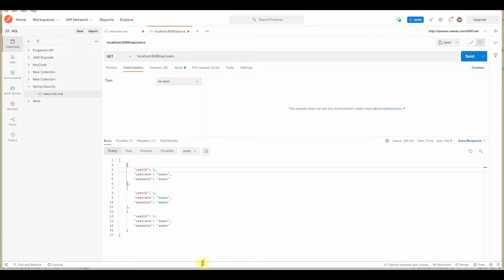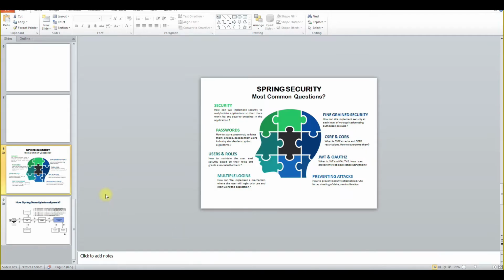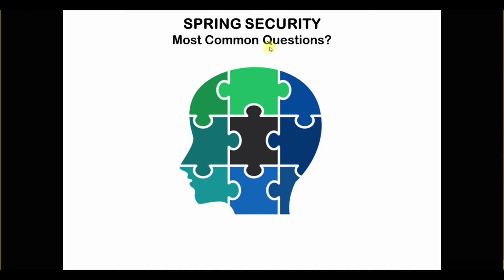For this I just want to show you one PPT. In Spring Security, these are some of the most common questions the interviewer can ask you when you are given an interview on Spring Security. They can ask questions like how can we implement security in web or mobile applications so that there won't be any security breaches in the application.